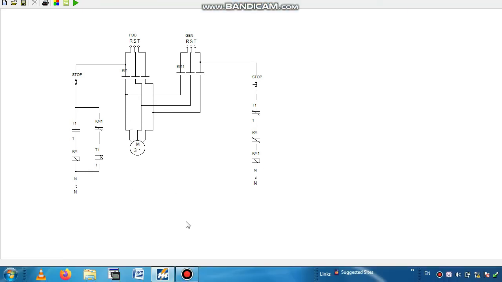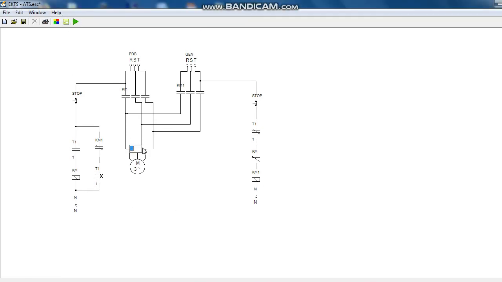Now we set the timer to 1 second and go to the simulation. Now we want to simulate this circuit. Start simulation. You see that it first runs with the generator power. When the generator power is off, within 1 second the PDB power will be supplied. When you stop the PDB power, it automatically goes to the generator power. When the generator power stops, in 1 second it will go to the